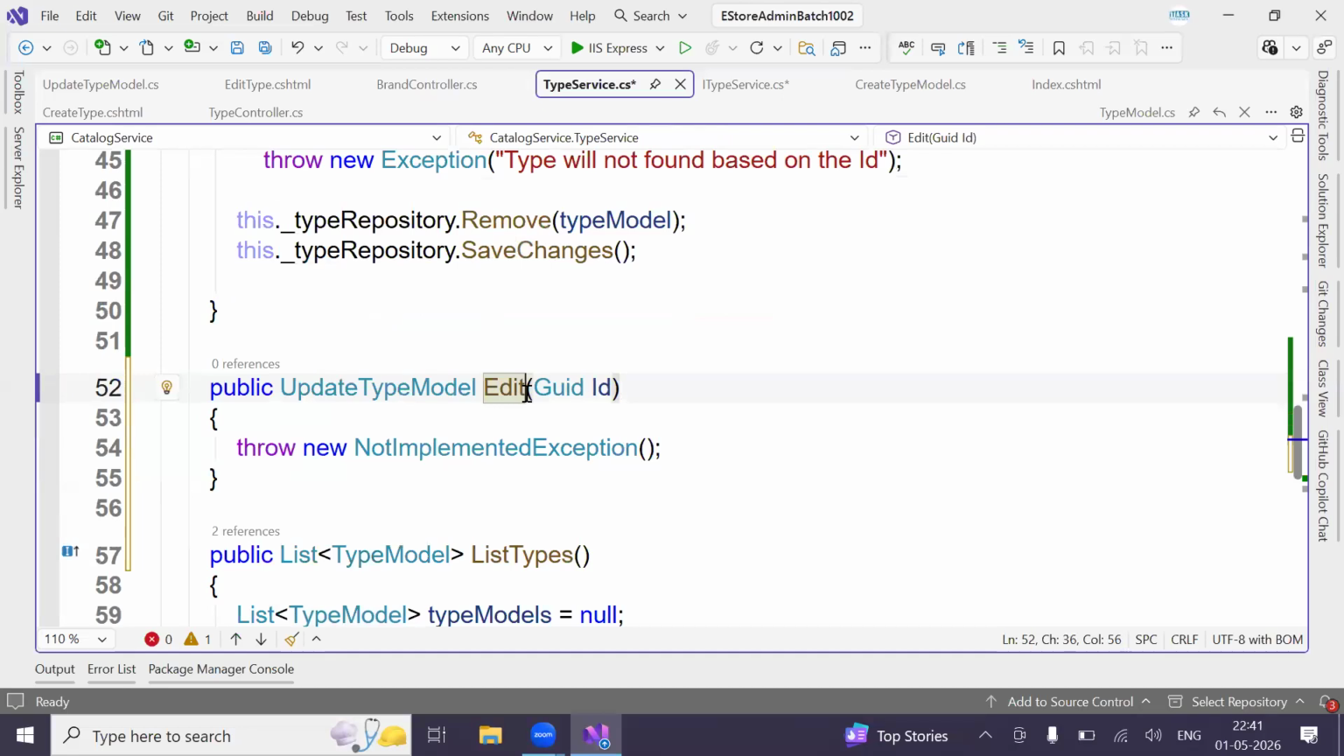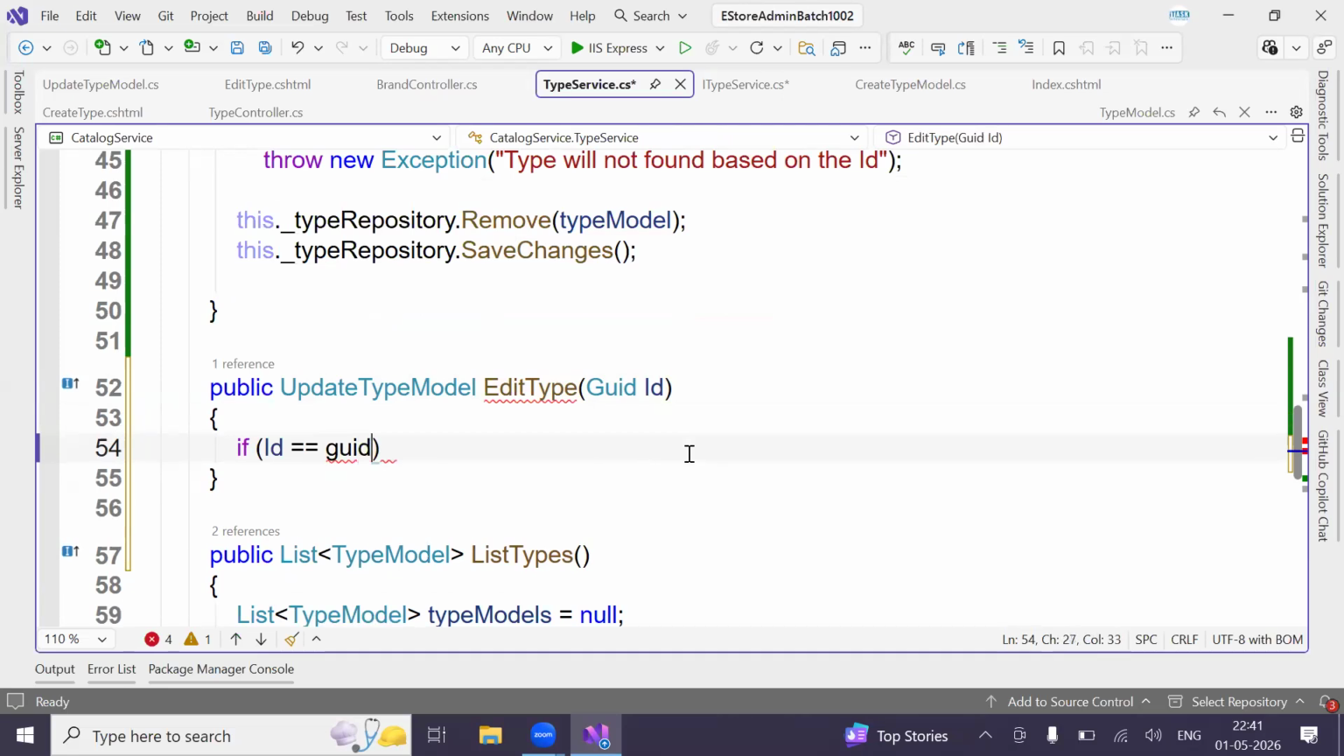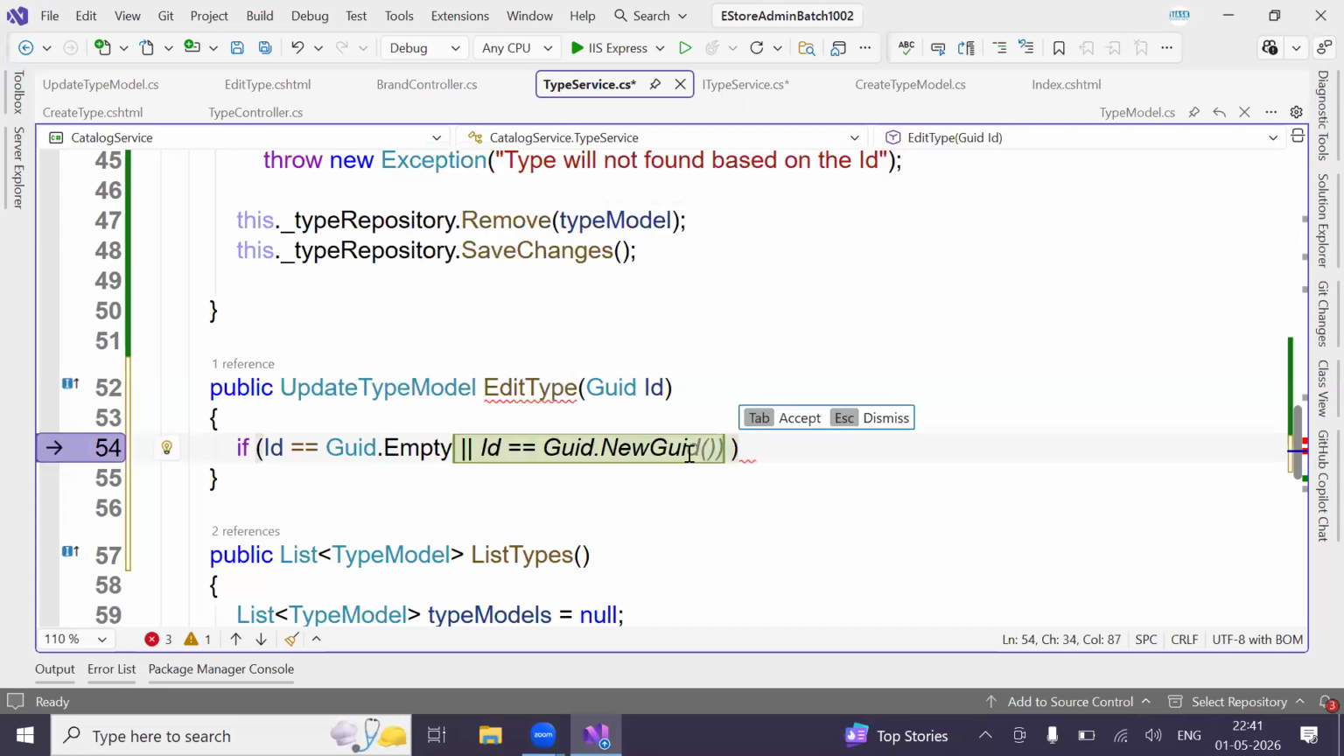You say edit type. With the object name we are calling, right? So automatically it will call the edit. Okay. So now here what you need to do? If ID equal to Guid.Empty,